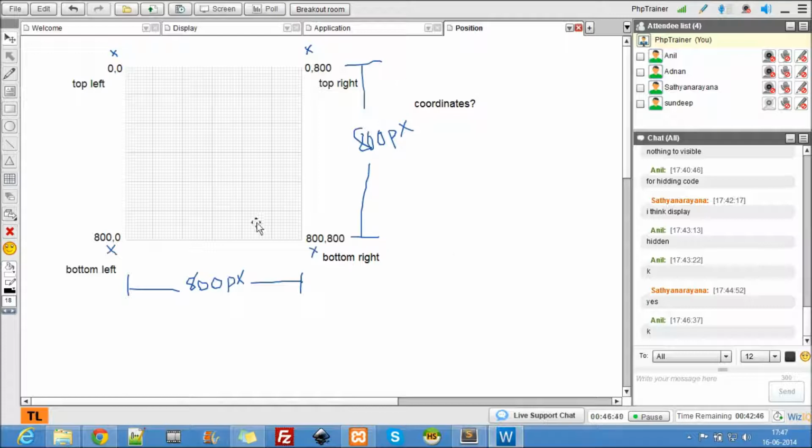The location. Now what is the value of top here and what is the value of left here? Value of top and value of left. Right, it's 0 0. Now coming here, what is the value of top here and what is the value of right here? Let me see your skills. What's the value of top and what's the value of right? Give me value comma value, top value and right value.